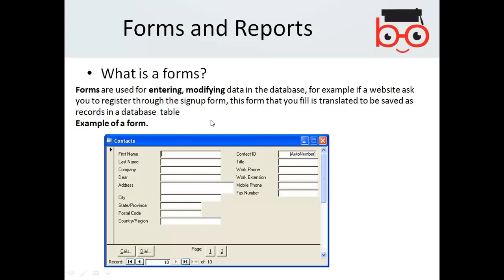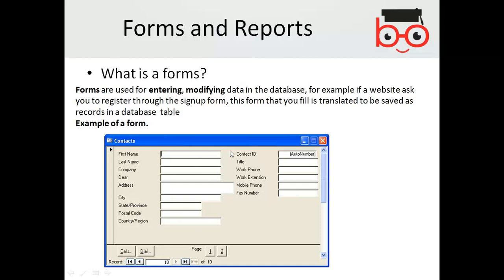So probably you must have seen when you fill up a form for signing up for anything like email, a social media account, or any web registration, it could look like a web form, as well as a window-based form that you use as a computer application, which is basically called the form.